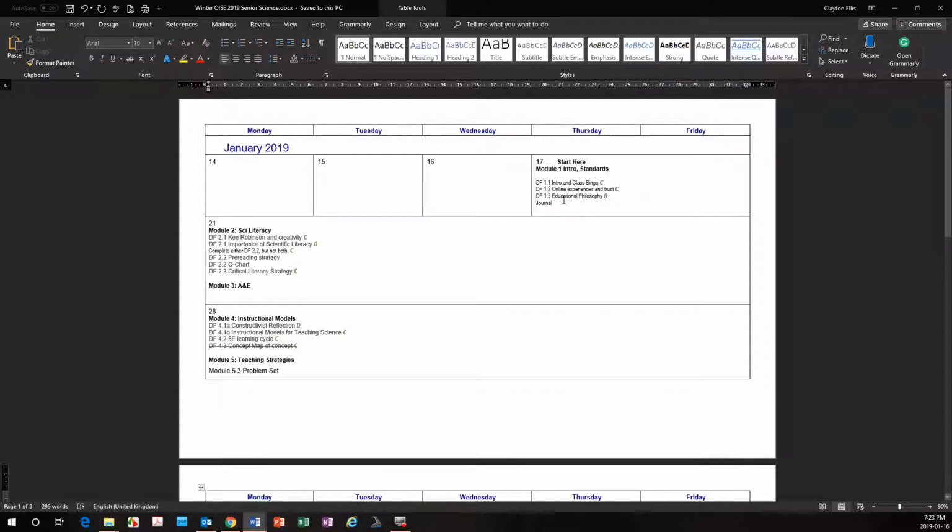Now, as far as due dates are concerned, I assign it on the date, and when the next thing is assigned, the previous module is due. So because this one is assigned on the 17th and module 2 is on the 21st, it means that module 1 is due on the 21st, technically on the 20th at 11:59 p.m. Module 2 is assigned on the 21st, so it is due on the 28th, or technically on the 27th at